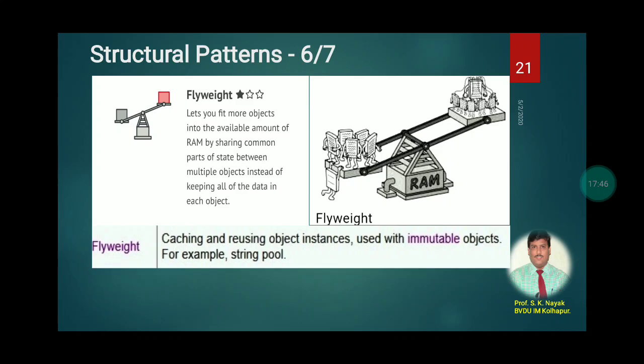We can take an example of how to make it. For example, if we are creating a similar kind of object n number of times for n number of users, instead we can keep one object and make it shareable to all the users. So instead of creating one object for each and every user, we can go for one object or a few objects and make them shareable so they can be used simultaneously. That's the theme of the flyweight design pattern.